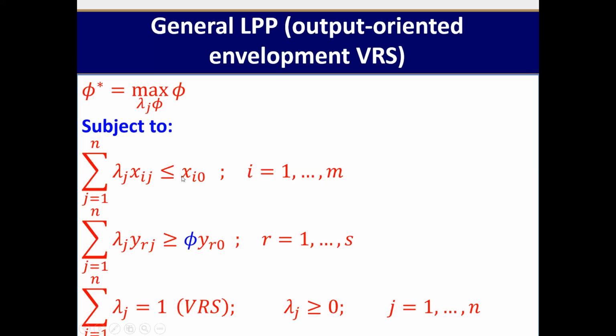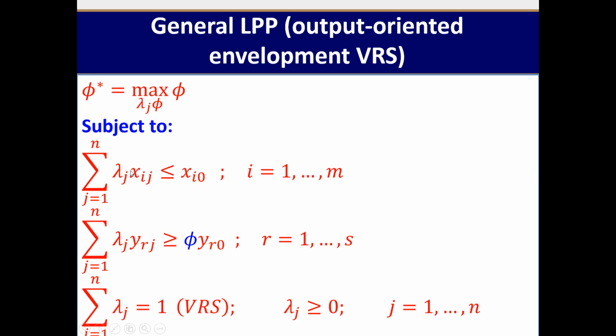Yes, please. All right. Now, this current input, you see, when it comes to input, you don't want to use more input. To be efficient, you want to use less input, isn't it? Any firm that wants to be good uses less input, and then you normally want to get more output from the less input. So if I can employ fewer resources and still get more output, I'm efficient. So because you are expecting to use less of the input and not more, what you are saying is that